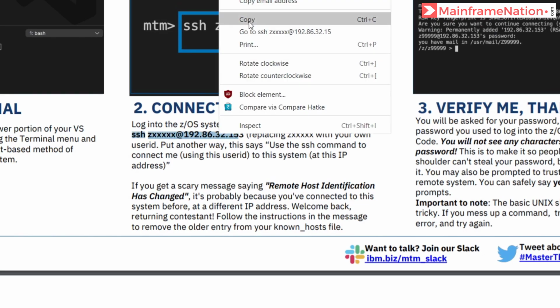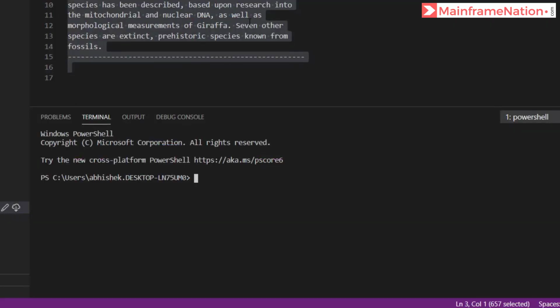So let's copy this, paste it here. Let's give my user ID. Press enter. Then it will ask for my password. Give my password. Press enter. And you can see I have now logged in to this Unix environment.